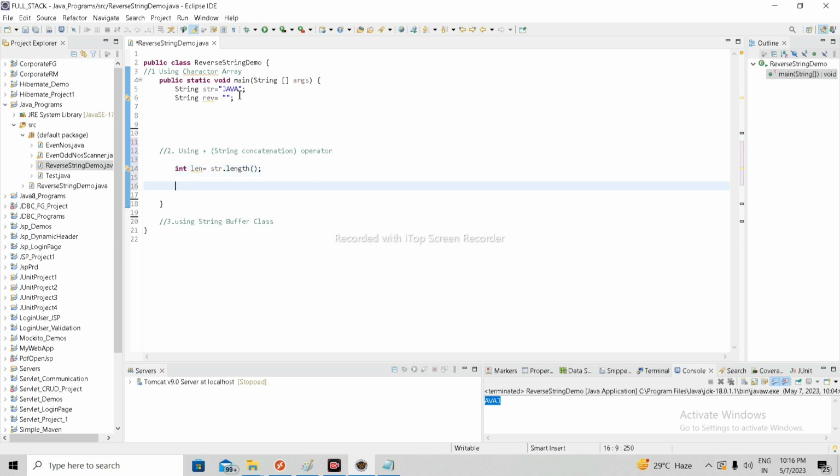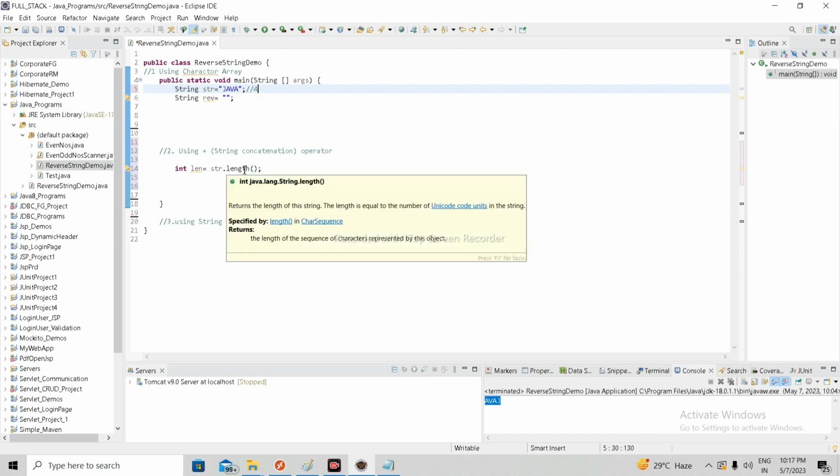This is a small string, so here we can see the length is 4. Suppose I take a long string, we cannot count it by hand, so that's why I'm using the length method, which just calculates the length of the string.